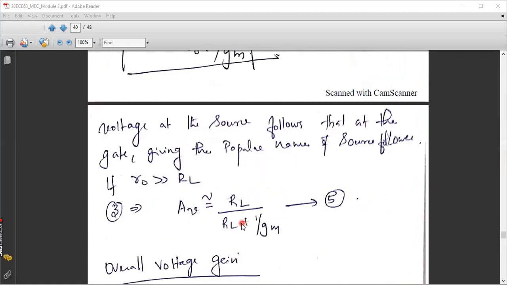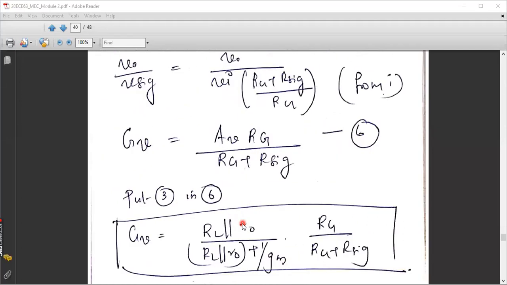Out of the three configurations, which will be the most preferred configuration? It will be common source. If you want to control the gain and stabilize the gain, then you have to insert the source resistance also. We already discussed the effect of inserting a source resistance: the gain will be decreased by 1 plus gm into Rs times. Rs also acts as degenerative feedback, which will not allow the drain current, the DC current, to shift. That means the Q point will be stable. So the most ideal configuration will be common source.